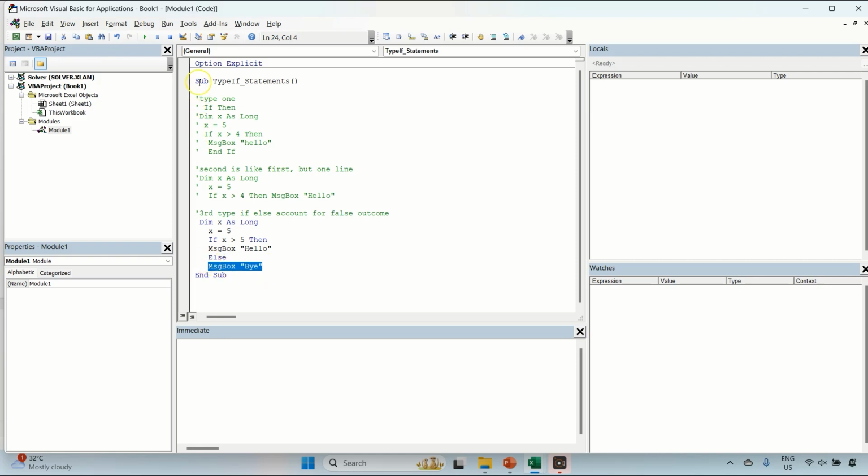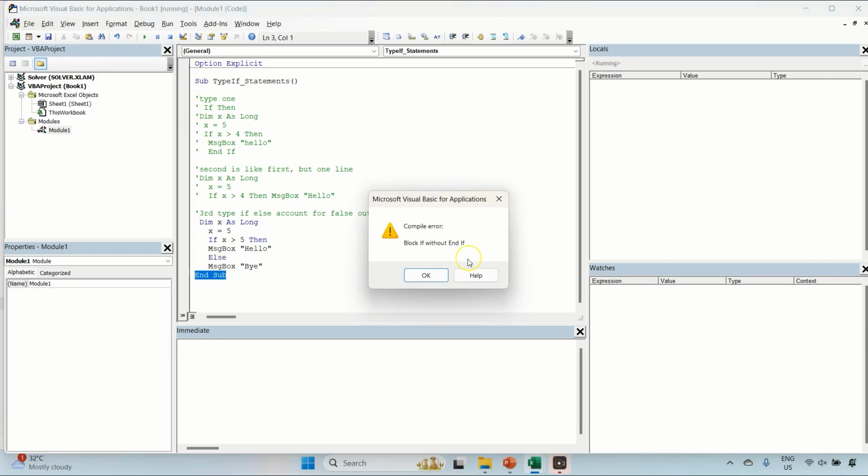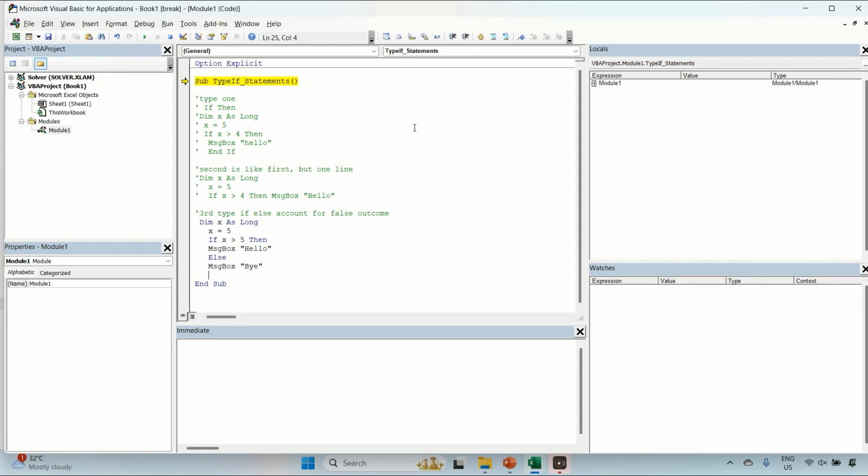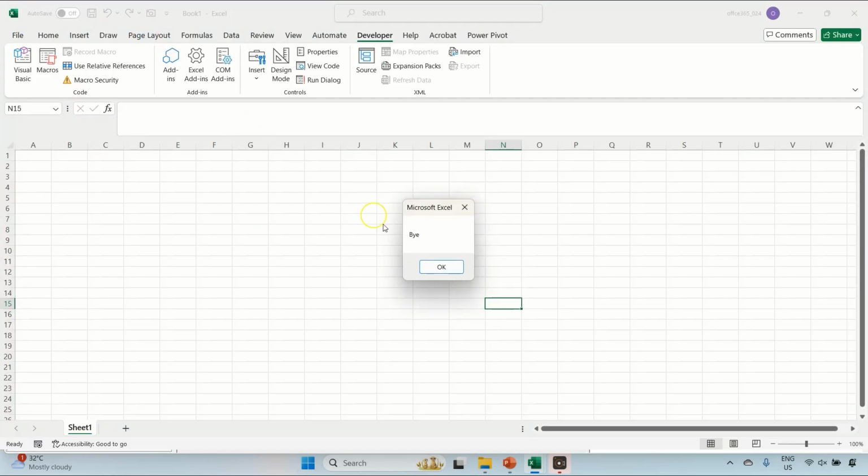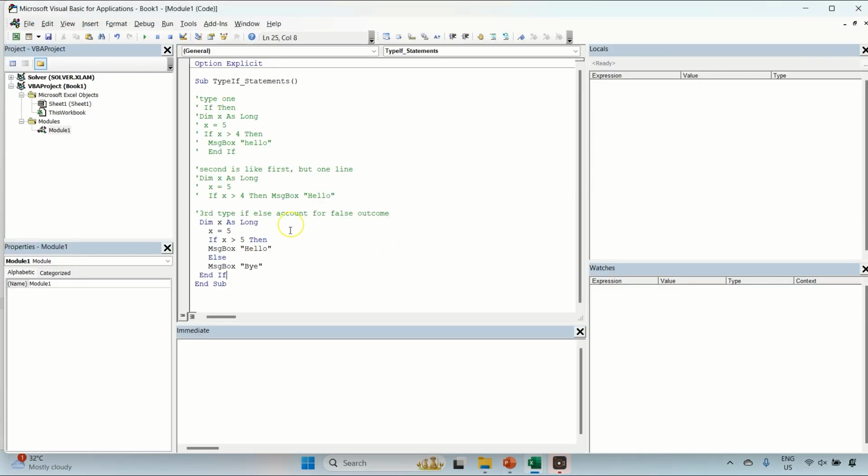Now if I run this, I have to end the if, of course. Okay, alright, now if I run this, it's giving me bye. So it accounts for a false outcome. And then I'm going to go to the fourth type. Multiple true conditions